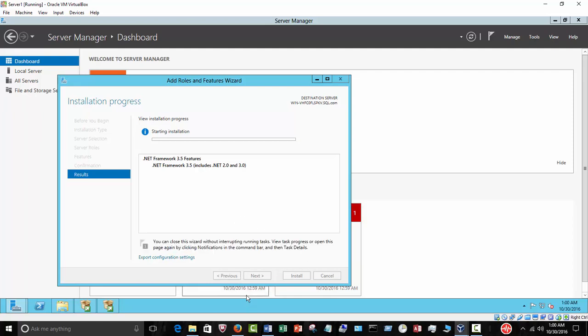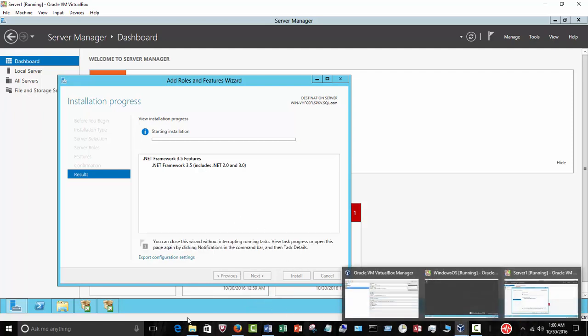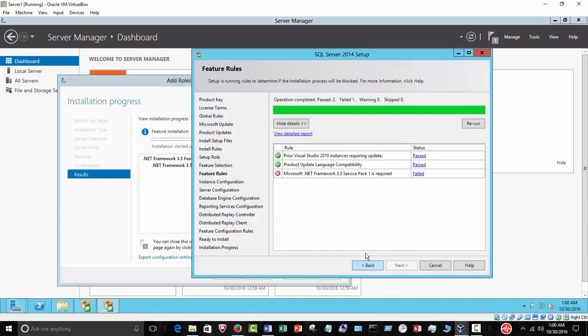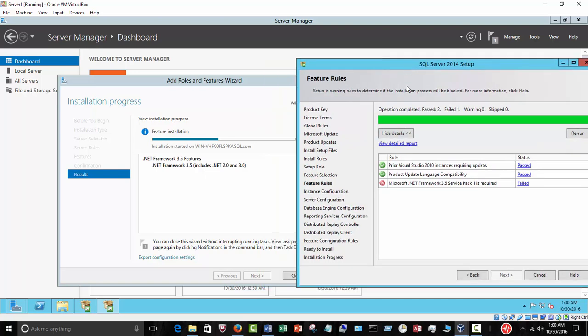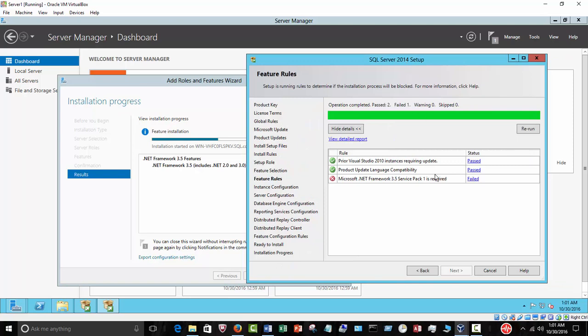And what you want to do now is when you're back on the SQL Server here, this particular part, you don't have to necessarily go back and restart the process. If you're missing something, in this particular case, we're lucky enough that the operating system allows you to do this. Sometimes in the previous versions, this was a separate entity that you had to install. In this case, it's part of it. So what you'll have to do is just go rerun, and then this will become green. And that's what I'm hoping on. And hopefully this won't take that long so you can see it in action. So once that is installed, I'll just go rerun, and it will turn green, and we can continue with